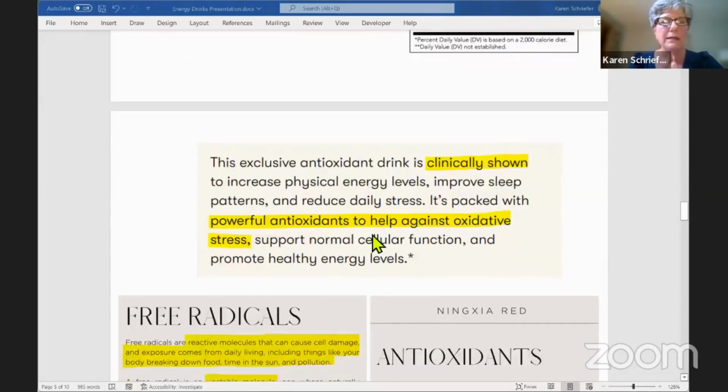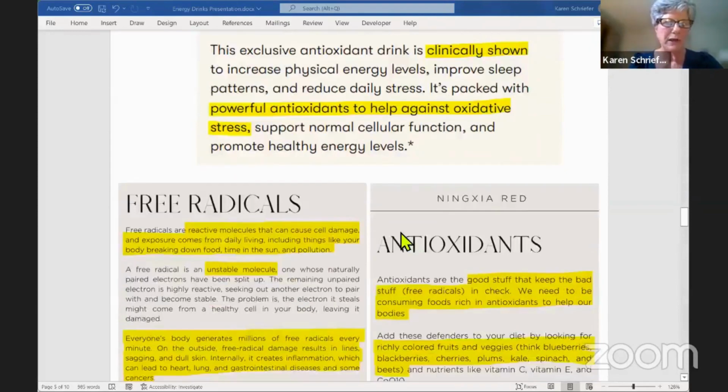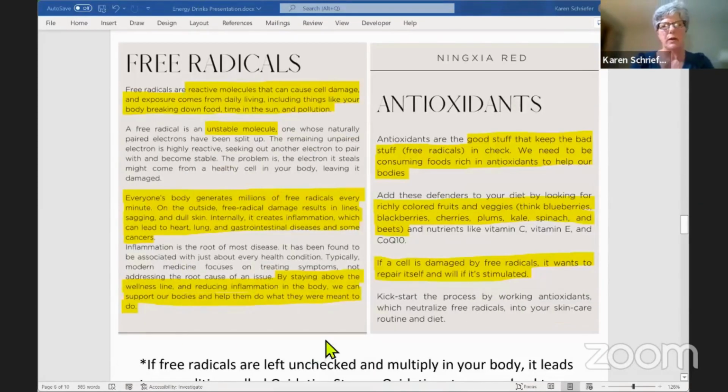Okay, and so this drink is clinically shown to do the following: increase your physical energy levels, improve your sleep patterns, and reduce daily stress. And like Grace said, it's got powerful antioxidants to help against oxidative stress. And let's talk a little bit about that. Your body has these things called free radicals, and free radicals are kind of like unpaired electrons that are on the loose looking for their other half,